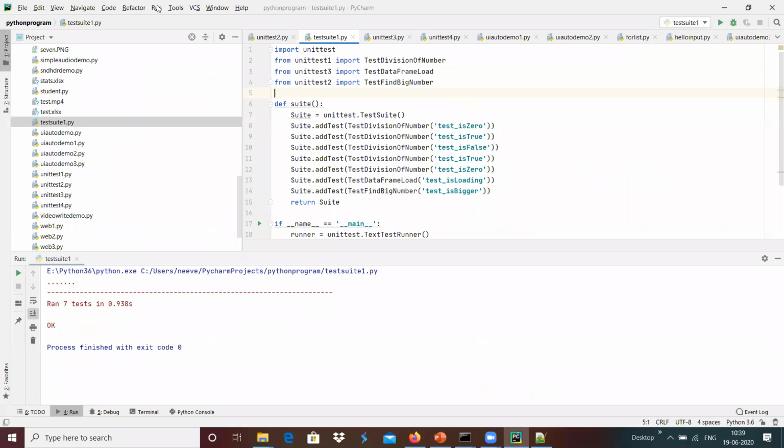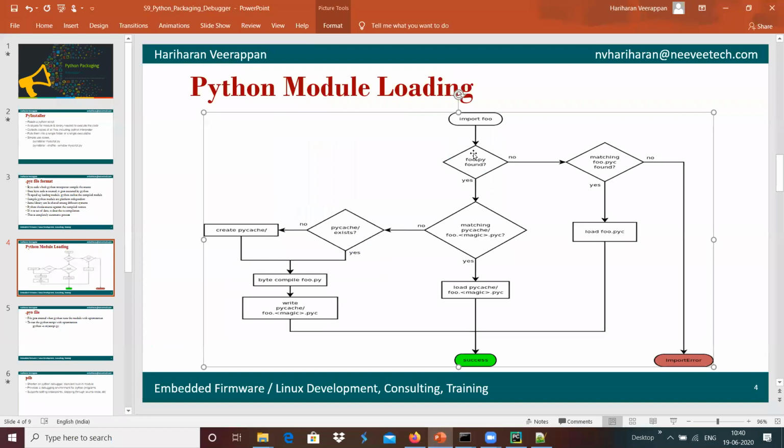Now if we run this again, it will take less time compared to running it for the first time, because the cached Python files are already created and can be directly loaded and executed. Because of that, it will take less time compared with the fresh running time. Now the flow will be like this: it checks whether the PyCache folder is present, and whether it has the .pyc compiled binary files of each module.